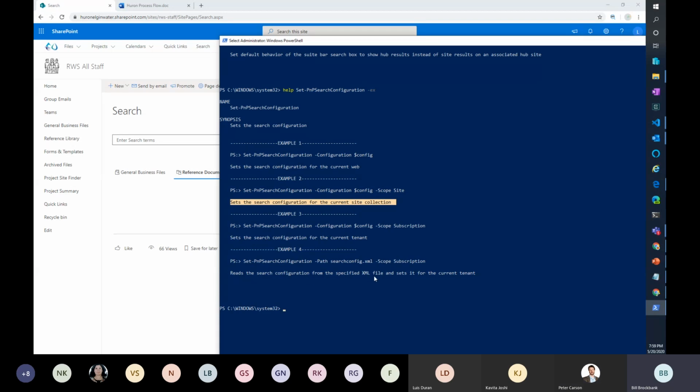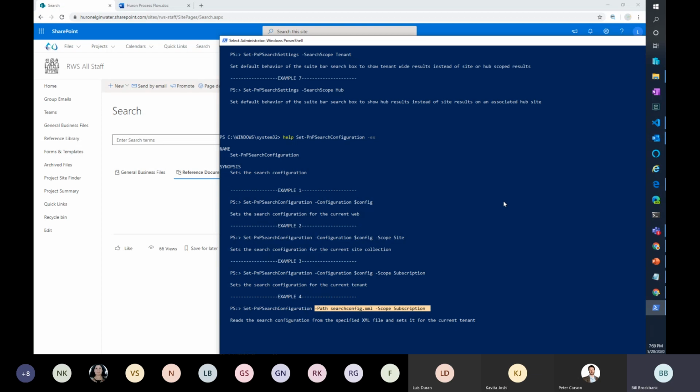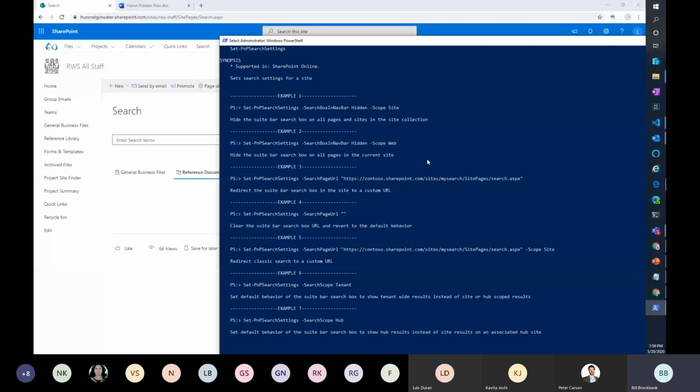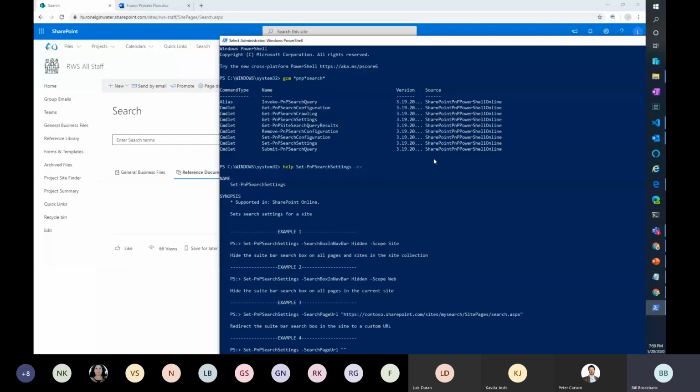Configuration for selected XML files. I'm trying to remember the setting, but there's a way to do some other stuff. But if you go back to the other one, there's ways to turn off this. So there's hide it. There's scopes. There's a couple of other settings in there, and that's covered.